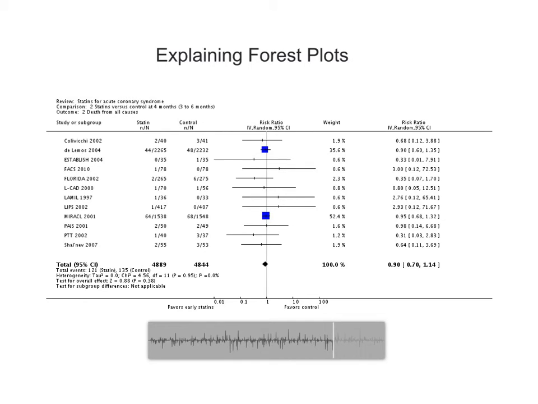The number needed to treat can be calculated fairly easily from the summary event rates at the bottom of this graph. In this case, the event rate attributable to statins is 135 acute coronary syndromes in the control group out of 4,844 cases, minus 121 acute coronary syndromes in the statin group out of 4,889 cases, giving a rate of 0.0028. The inverse of this figure is 346, and this is the number needed to treat with statins to prevent